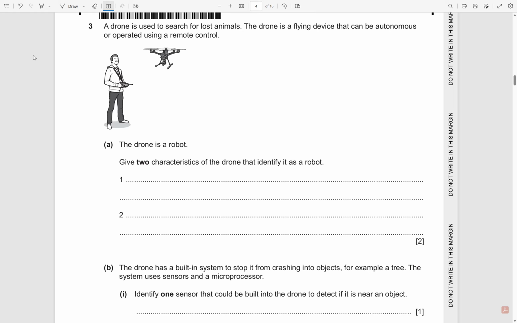Then question 3 says a drone is used to search for lost animals. The drone's a flying device that can be autonomous, so it can be operated by itself, without humans, or it can be operated using a remote control. So the drone's a robot, and we want to give 2 characteristics of the drone that identify it as a robot. When they ask what is the definition of a robot,